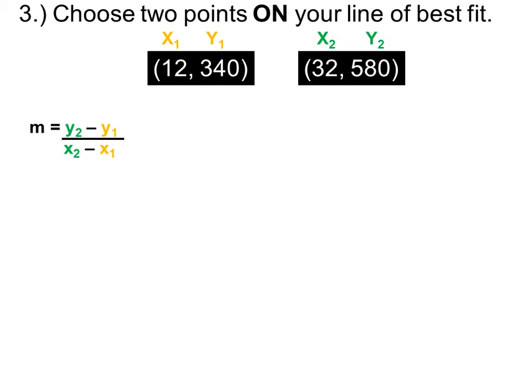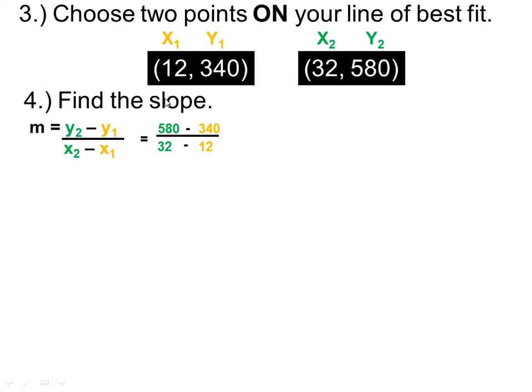So to solve for our slope, we're going to use the equation m is equal to y2 minus y1 over x2 minus x1. If I plug these in, our y2 value was 580 minus our y1 value, 340, divided by our x2 value, which is 32, minus our x1 value, which is 12. Now you plug that in your calculator. You take 580 minus 340, which gets you an answer of 240, divided